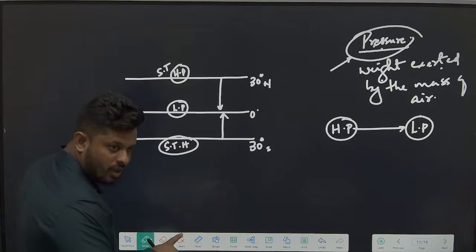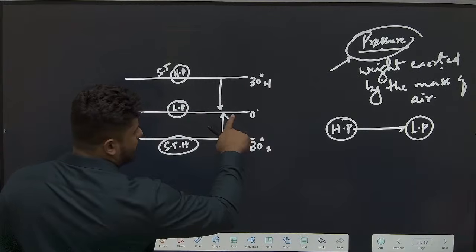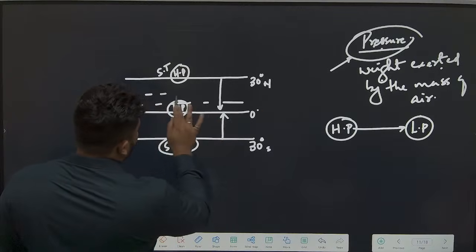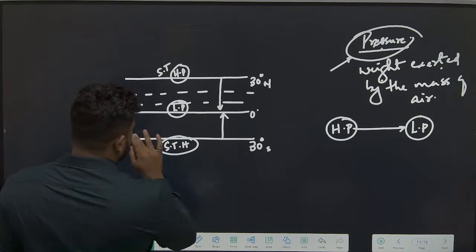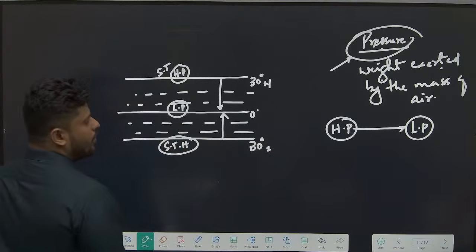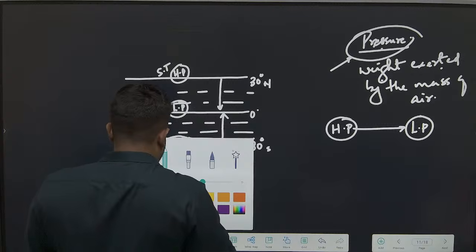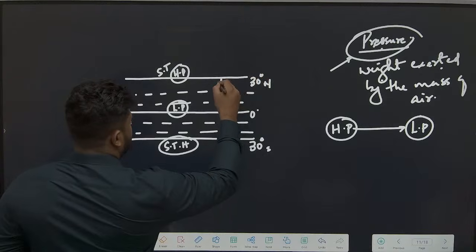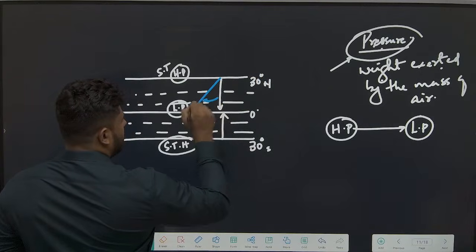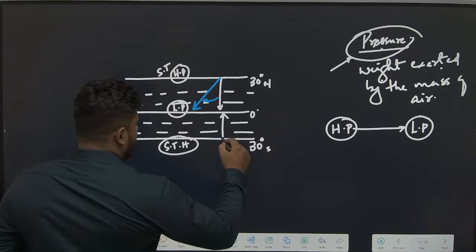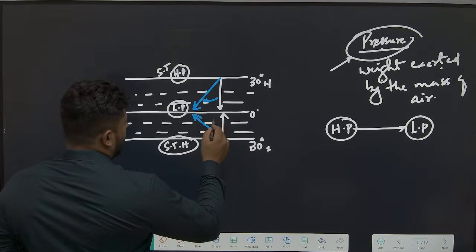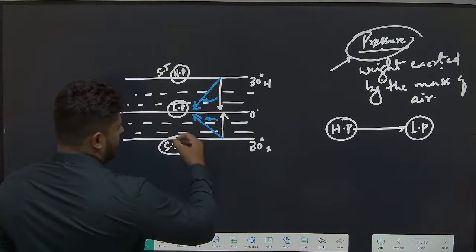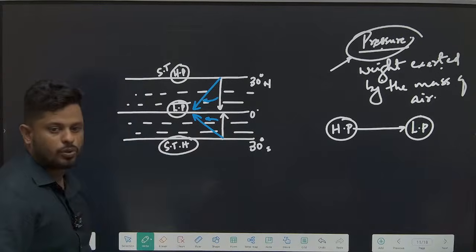Correct? But there is something else called Coriolis deflection impacting it. If a free flowing body is capable of traveling multiple latitudes, it is subjected to Coriolis deflection. And can someone tell me what is the nature of this Coriolis deflection? Coriolis deflection in the northern hemisphere is always towards the right. This is the right. And in the southern hemisphere it will always be towards the left. Are you understanding this? So this is the direction of the winds. Please remember this, because it is going to help us in understanding if the winds are onshore or offshore.